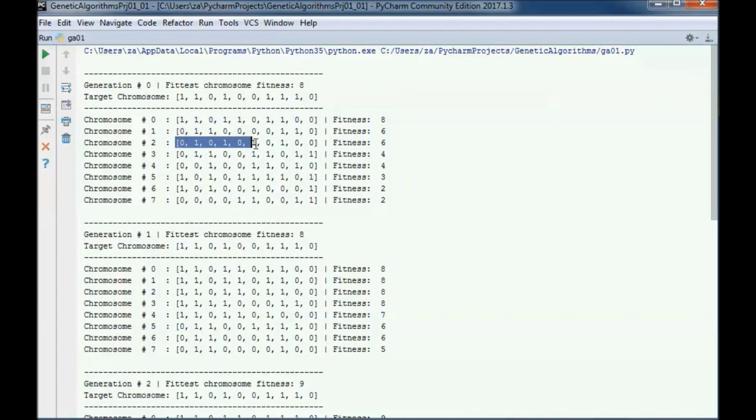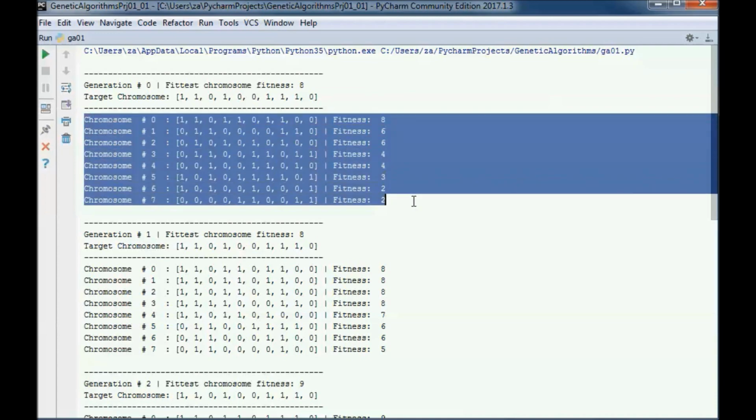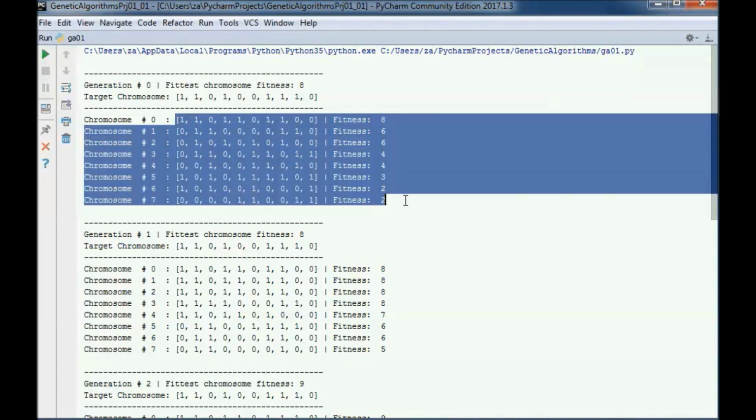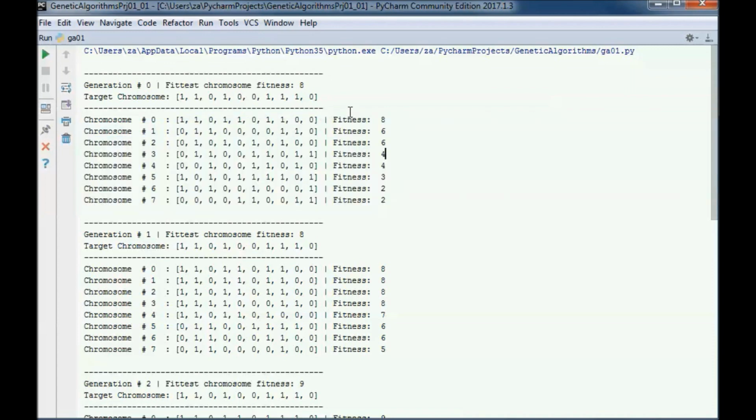is a chromosome, and here we have a population of chromosomes, and a chromosome is a potential solution, and here in each generation I am sorting the chromosomes by fitness.